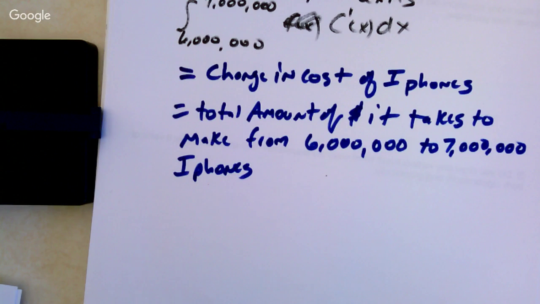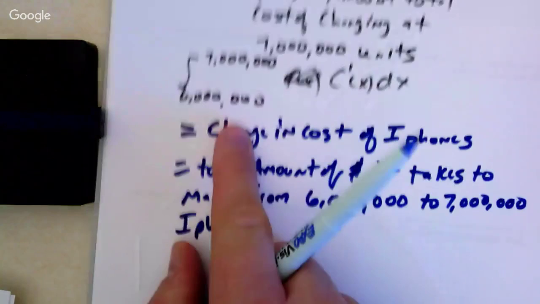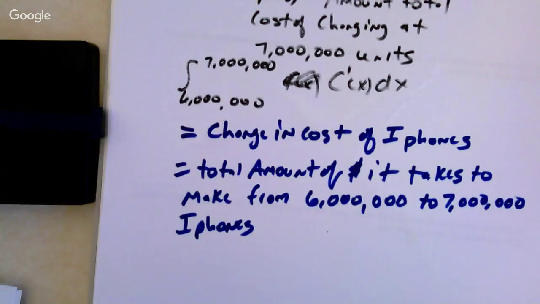Advertising. Advertising may be in this because, for example, Apple can sell 6 million iPhones without doing any advertising whatsoever. If you're old enough to remember, initially Apple did no advertising on the iPhone because you had to wait months to get one. Why would you advertise something that people are waiting for anyways? They only started doing that when the Androids really started competing with their market share in the smartphone market. BlackBerry used to be their only competition, and BlackBerry would have basically the business end, and iPhones would have the personal end. So there may be advertising cost in this because they may have to advertise to sell that another millionth iPhone. What else is not included in this, though?